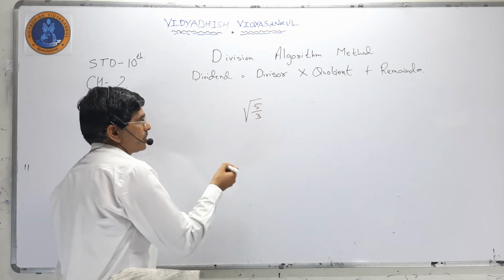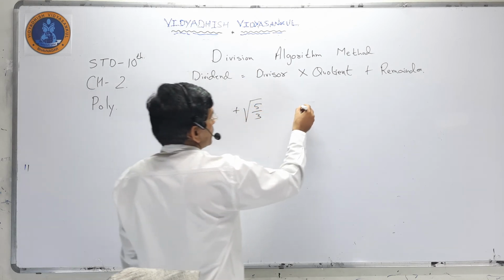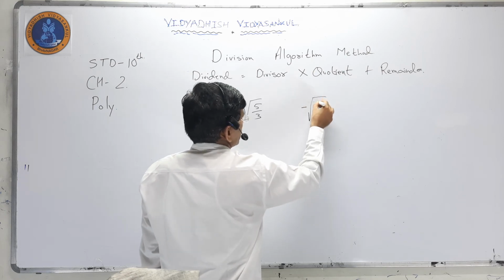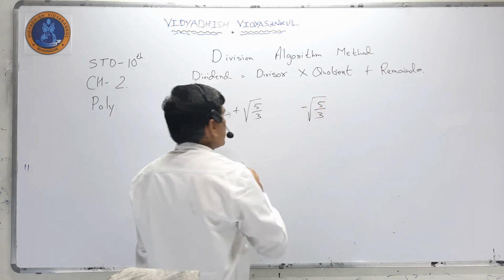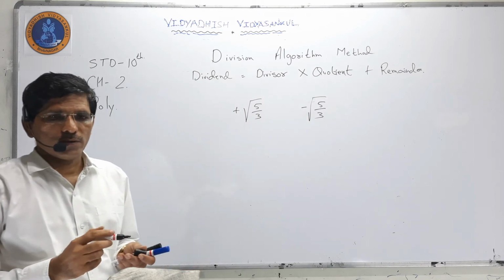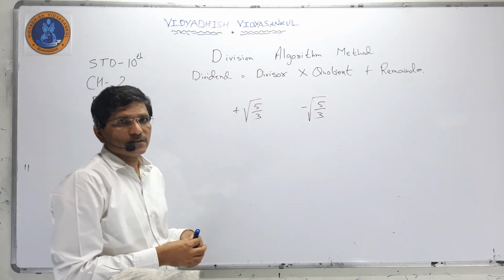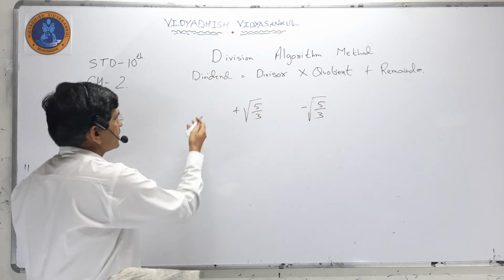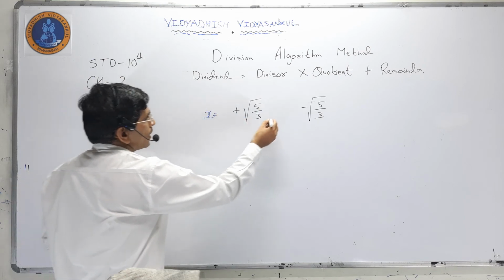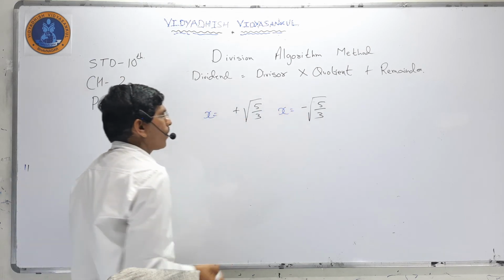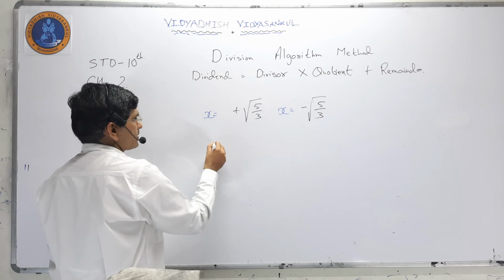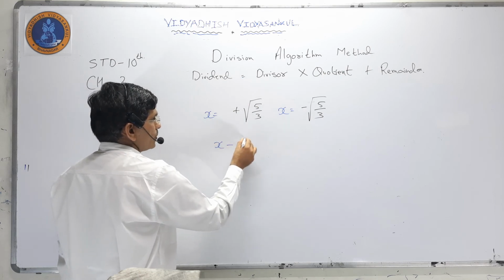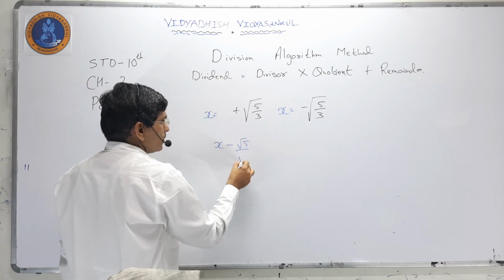So one time is plus, another time is minus under root 5 by 3. Now how can we remove this? So what is the first step? We have to write x is equal to, now I have to make inside, so minus root 5 upon root 3,